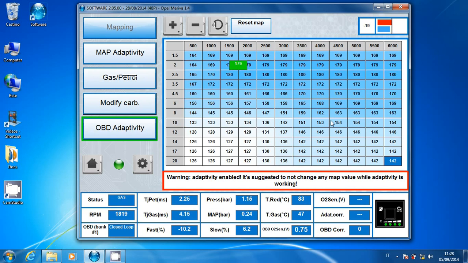here we are. We are a little bit rich. We should add some points here in this region, so the procedure is more or less the same as the previous software version. The new feature is that if we are driving and for some reason we change a little bit the RPM or engine load,